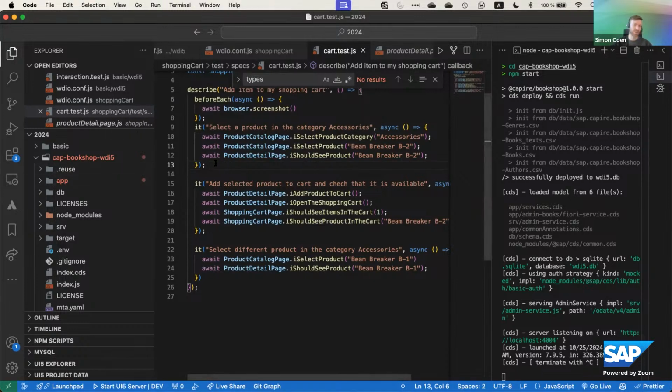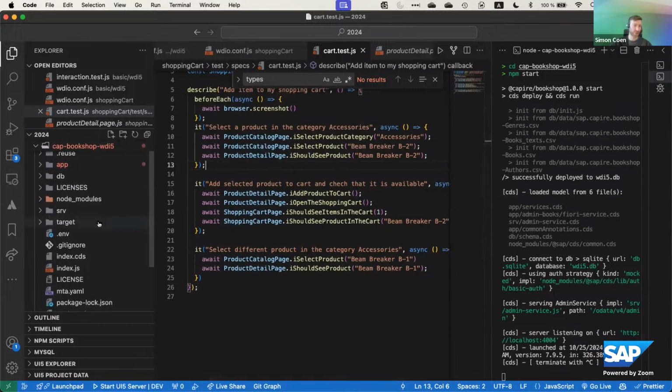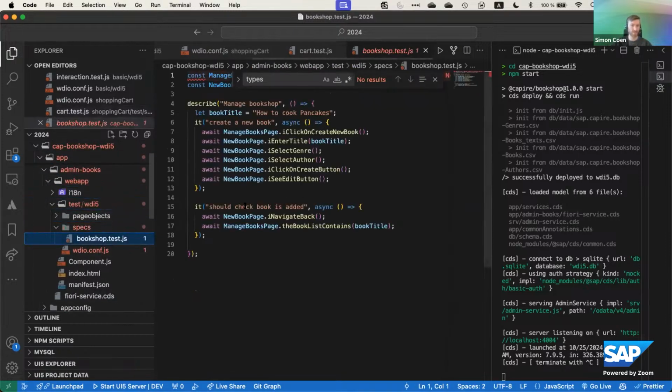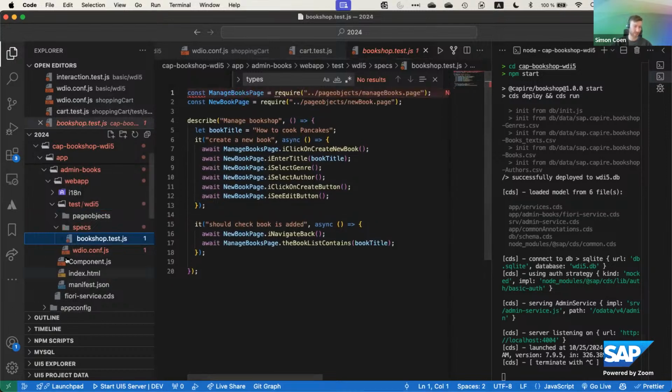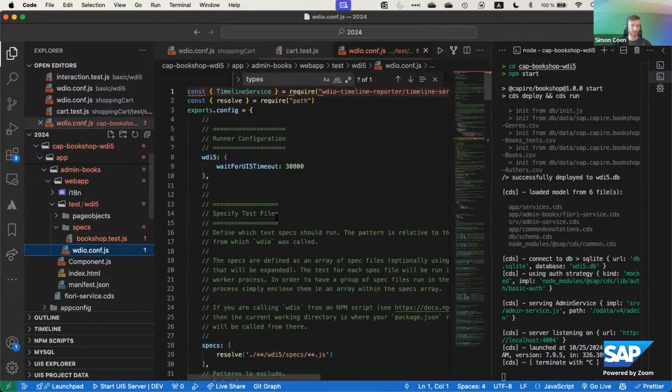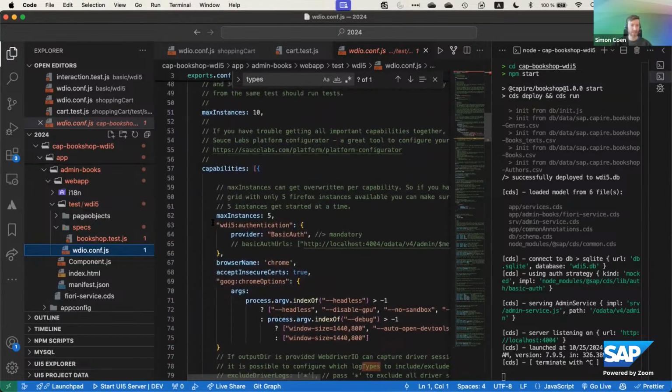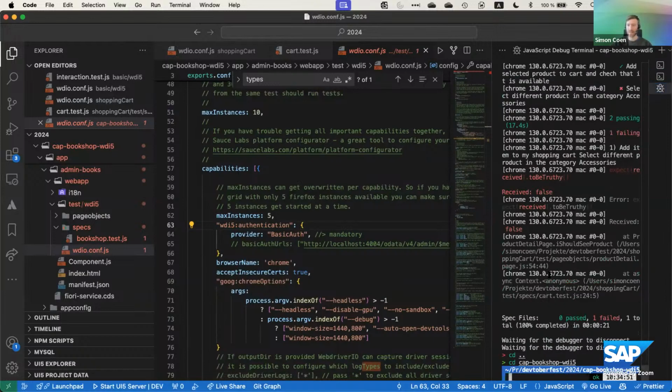And here I want to show you the CAP authentication. I have here also already the test prepared with page objects, with specs. The flow is not so important right now. What we see here in the configuration file, again, in the capabilities, we have prepared the basic authentication because I enabled the basic auth locally for our CAP application. And if I now try to run that,